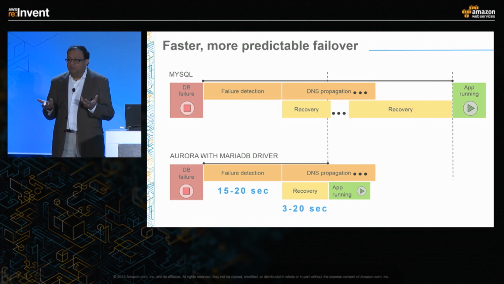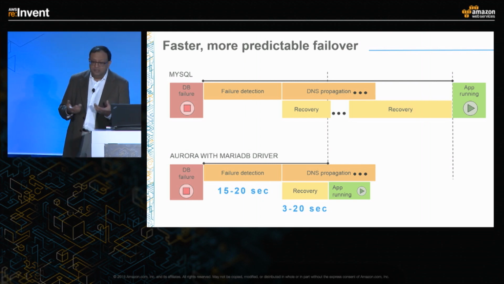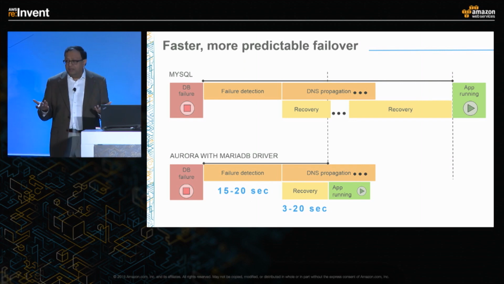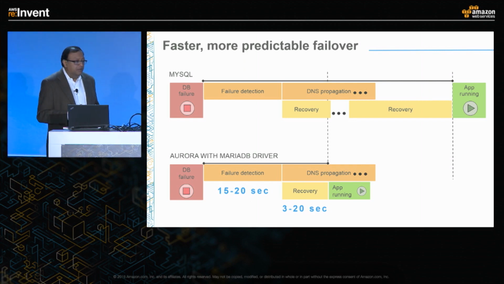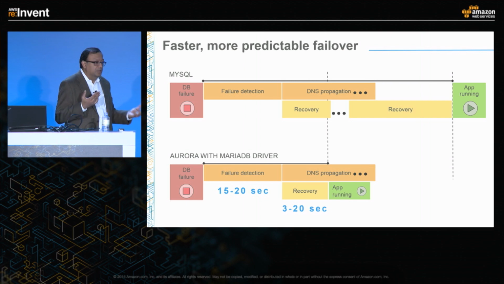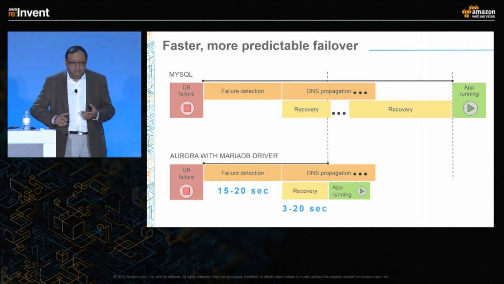You can bring up a new system pretty quickly. You don't lose any commits, and it's basically a short blip. The recovery is somewhere between 3 and 20 seconds. That's basically right now; it depends on